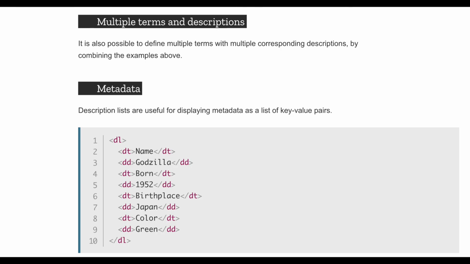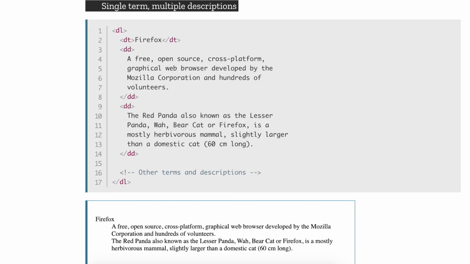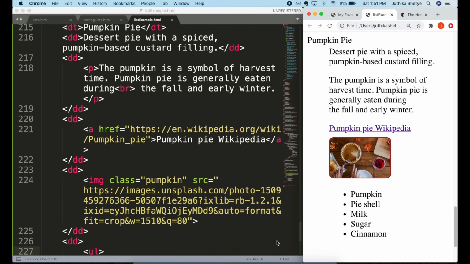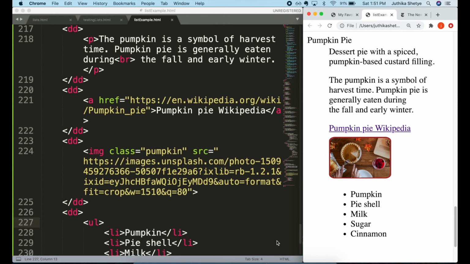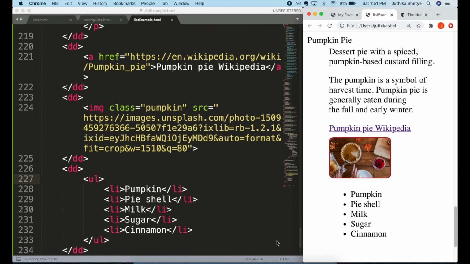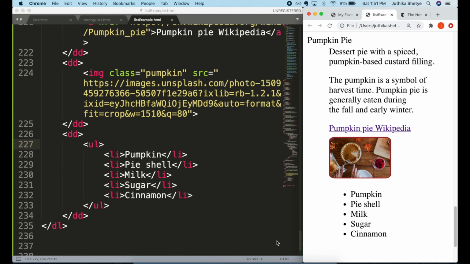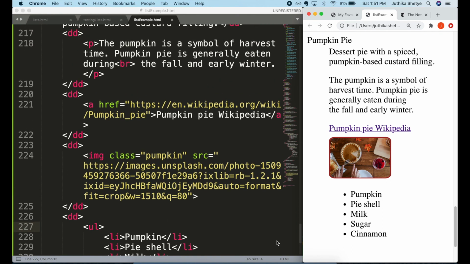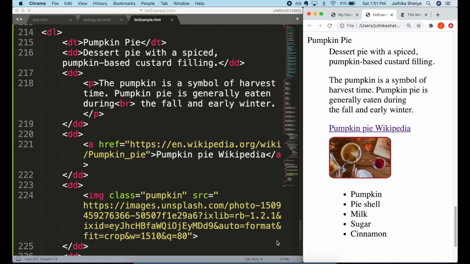You can have several DT elements in a single description list. Multiple DTs in a row indicate several terms that are all defined by the immediate next DD element. You can also have more than one DD for each DT. And inside a DD tag, you can put paragraphs, line breaks, images, links, and even more lists. You will notice that the DTs and DDs are simply sitting next to each other. There's no wrapper around each set. It's just how a description list works. So there you have it. 3 kinds of lists in HTML.